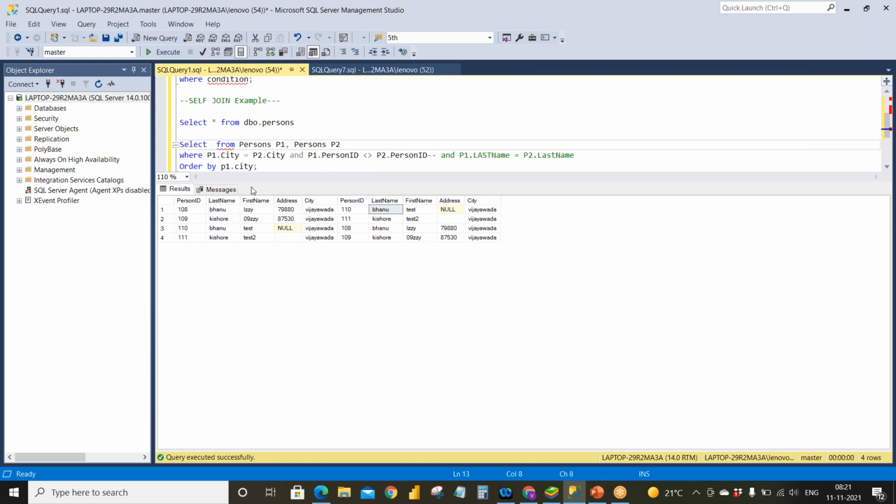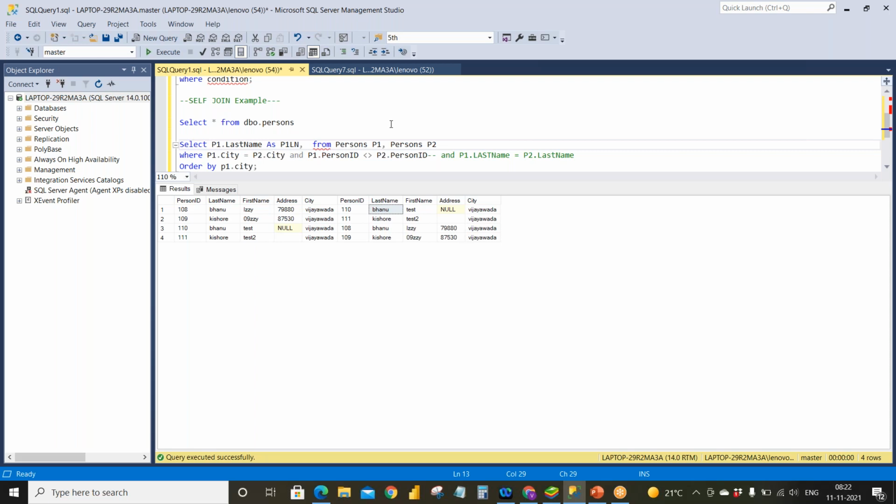So here what I will do, I'll write it this way: I want to get the P1 dot last name. I'm going to give the alias name here, like P1ln, that means P1 last name.